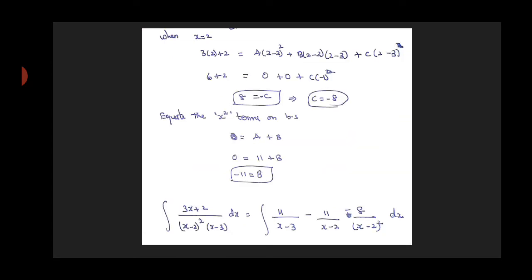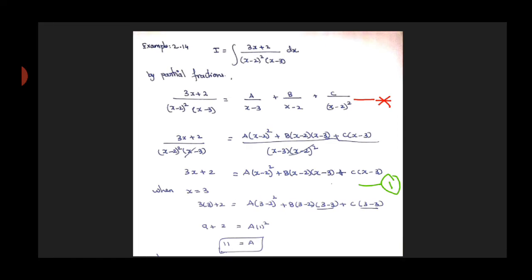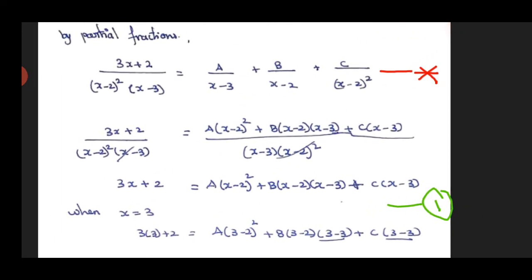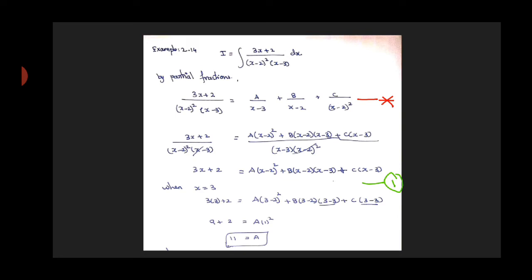After this we cannot apply any value to make the terms 0. So we learnt it, we have to equate the x square terms on both sides, right? So now take the green color equation. Here the green color marked equation, you can see 3x plus 2. So on the left side we have 3x plus 2. Do you have any x square term? No. So first I put 0 for that side, that is no x square term, so 0.